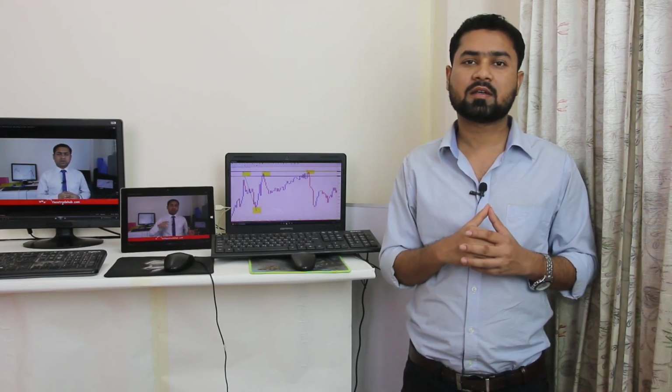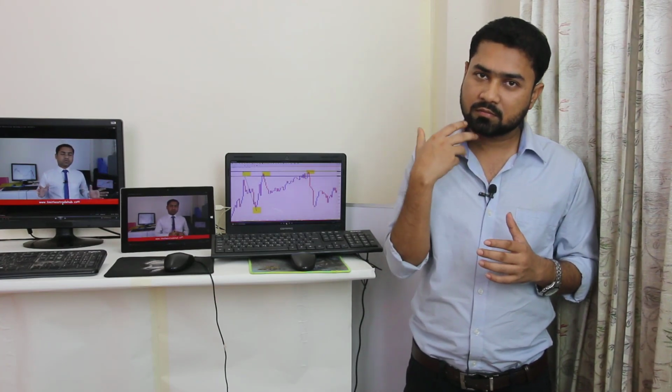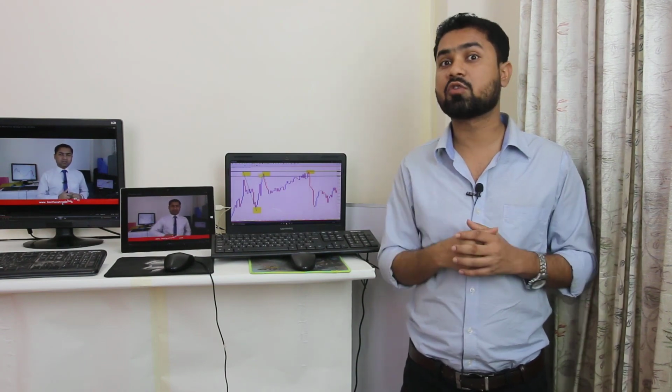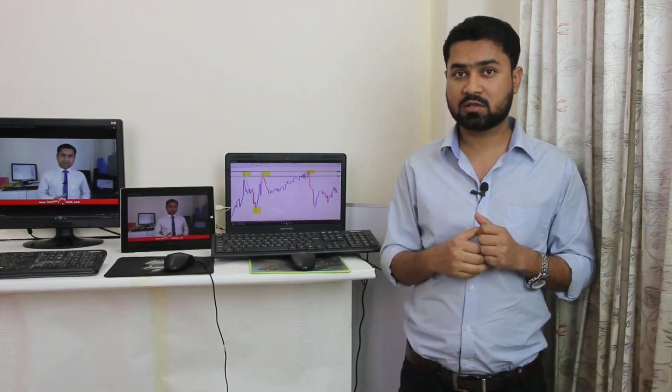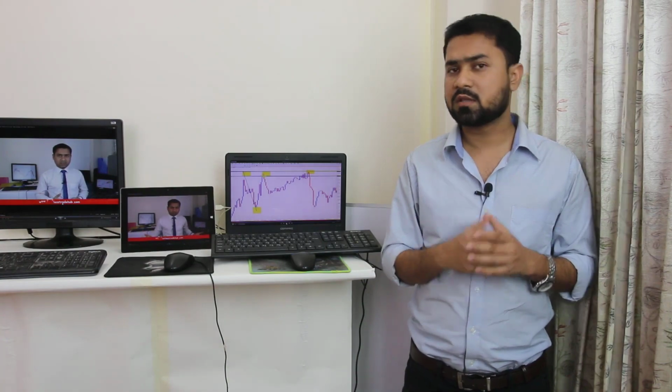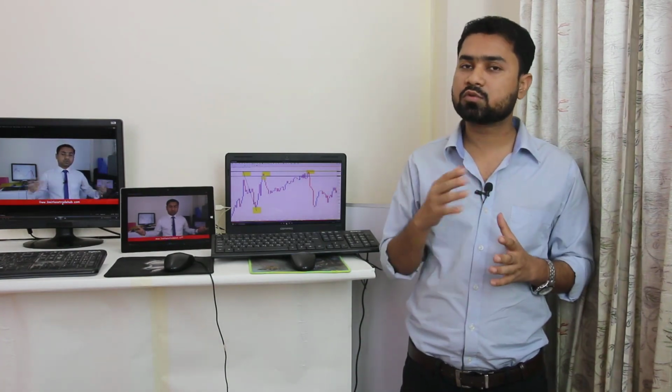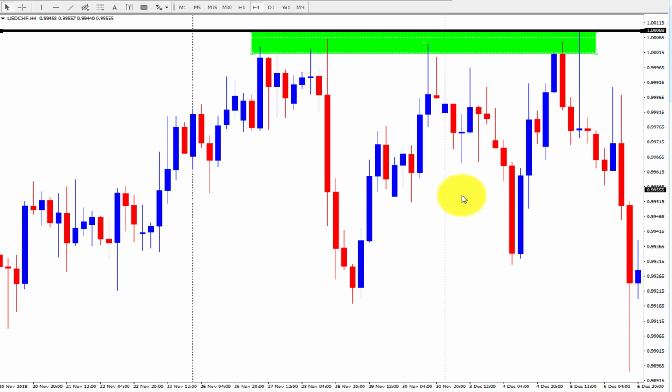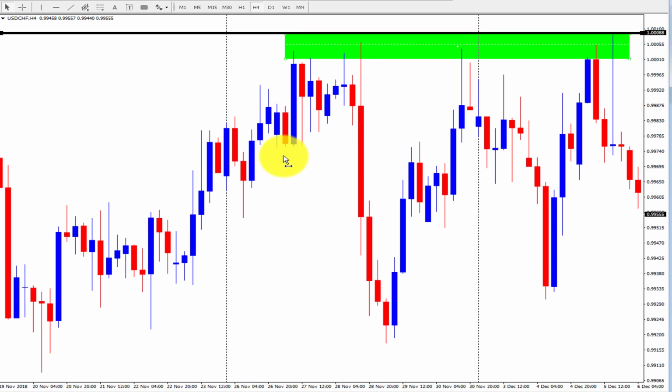If so, if you want to know the momentum, what momentum trading is, what trading with trends is, what reversal trends are, then this strategy is for you. This is USD Swiss franc, the US dollar against the Swiss franc, and here I draw a line. This is the resistance line and this is the